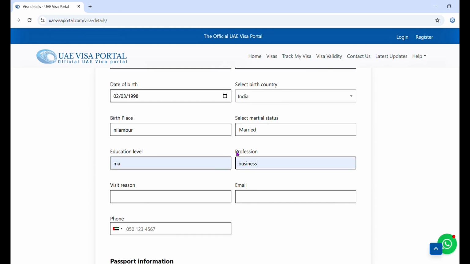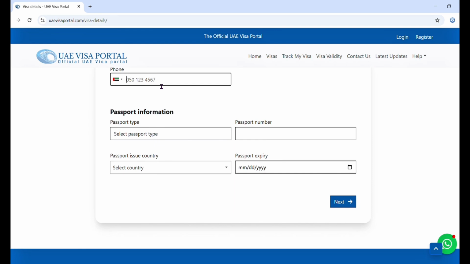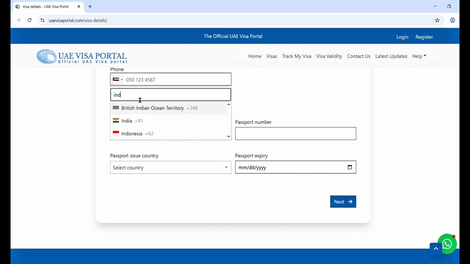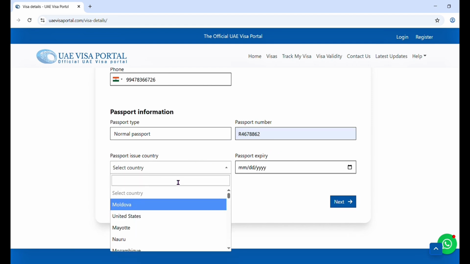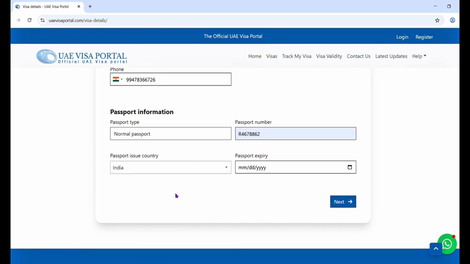Here you can choose any profession, that is not a problem, business or your profession. And your visit visa reason, you can choose pleasure, and give your email ID and mobile number. Put your mobile number here and your passport type, passport number and issue country where your passport was issued.